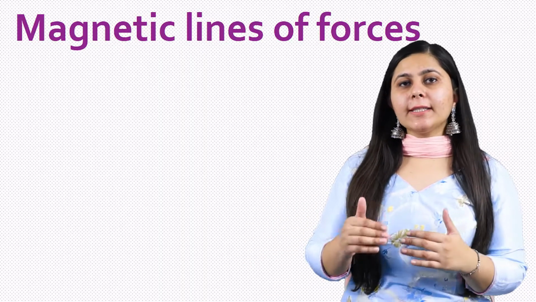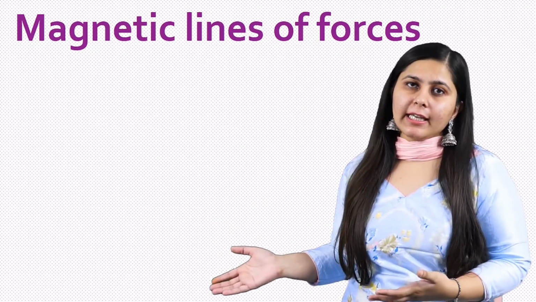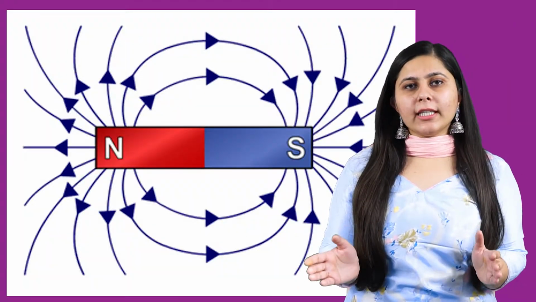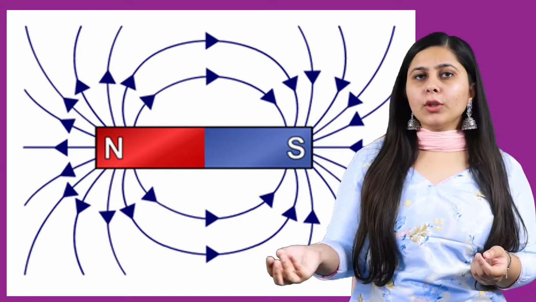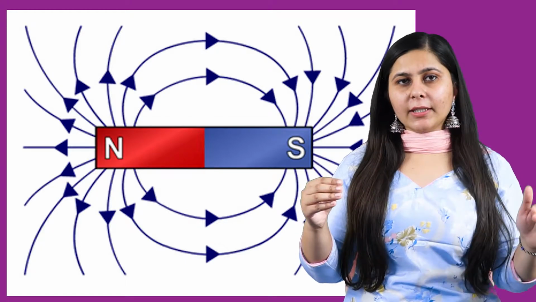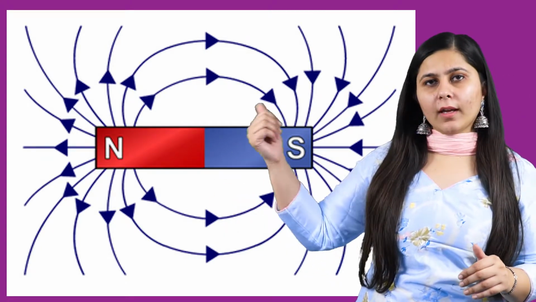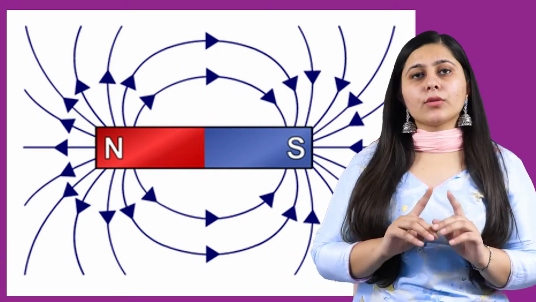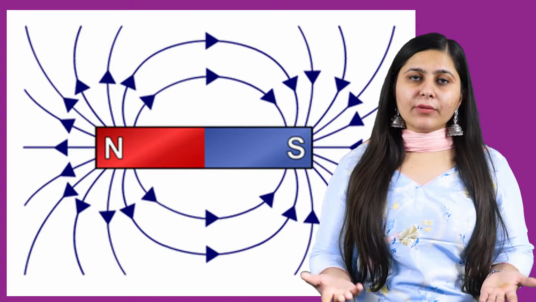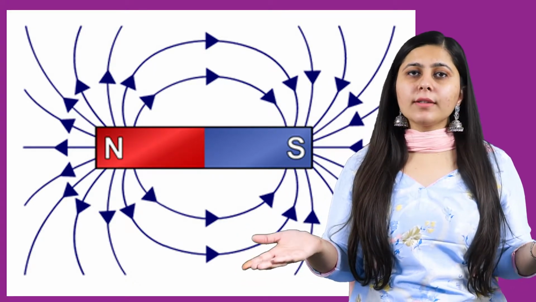So what are these magnetic lines? Because till now you have seen how we draw these magnetic lines. What did I tell you? If we need to draw a magnetic line, they will be emerging from the north direction and ending in the south direction. As you can see, they are curved, right? You need to remember there is no specific reason why we start them from the north and end them in the south.